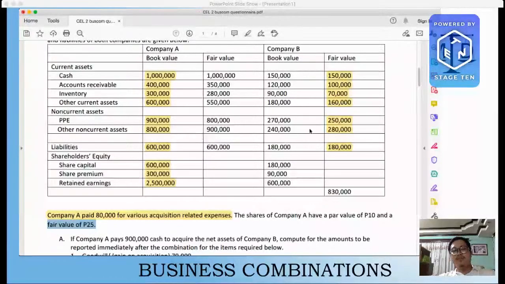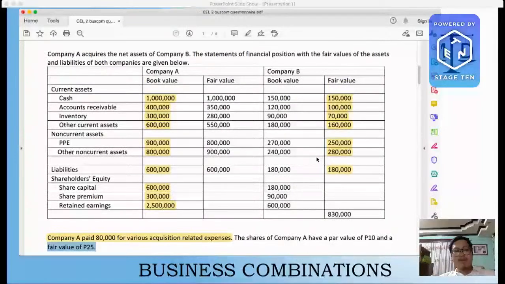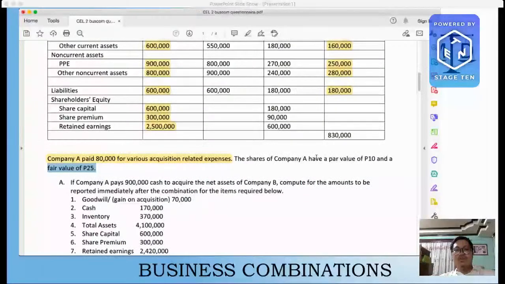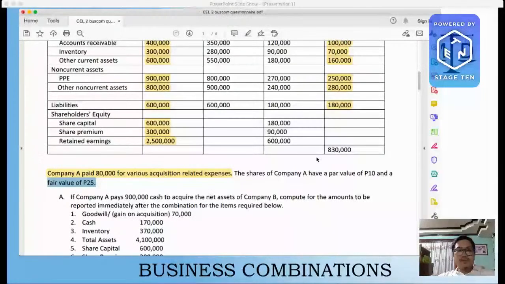Okay, so take note, class, even if there's a change in the consideration, in the mode of payment, instead of cash we're issuing shares, the fair value of the net assets should not change because we're using the same problem. The only difference between scenario A and scenario B is the consideration. So there should be no difference in the fair value of the net assets because we are using the same problem. So I think we can just work back to this one, class, to arrive at the fair value